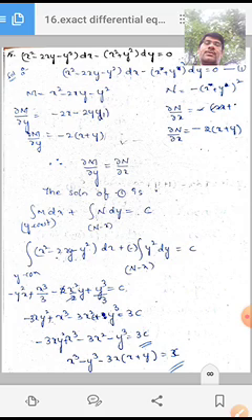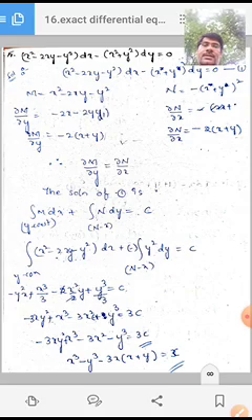The solution is integration of M dx plus integration of N dy is equal to c. We get (x square minus 2xy minus y square) dx plus, the x terms we have to remove, minus integration of y square dy is equal to c. We have to integrate it. We get the final solution x cube minus y cube minus 3x (x plus y) is equal to c. You have to use the basic integration formulas. We get the result.